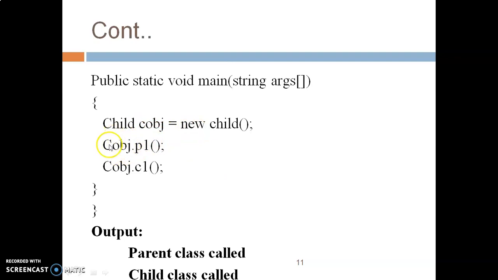So the child class has all the right to extend the features from the parent class. Although P1 is a function which is part of the parent class, it becomes the right of the child class to access all the members if they are declared public. And then after it can access its own functions also. C1 is a function which is present in the